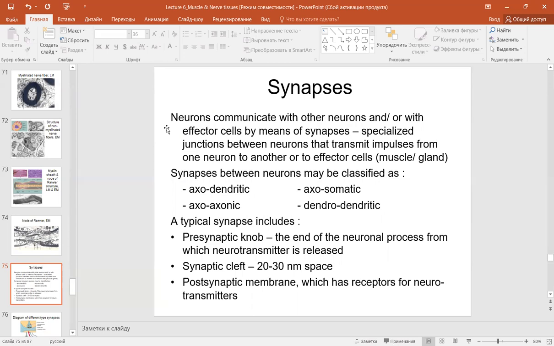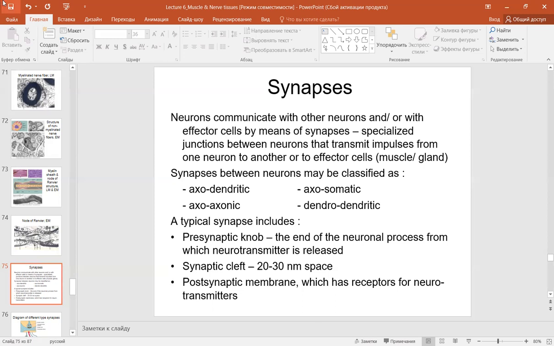neurotransmitter chemistry: cholinergic, glycinergic, peptidergic, adrenergic, depending on the chemistry of the neurotransmitter. This is the chemical classification of the synaptic junction. A typical synapse includes the presynaptic node, the end of the neuronal process from which the neurotransmitter is released from the